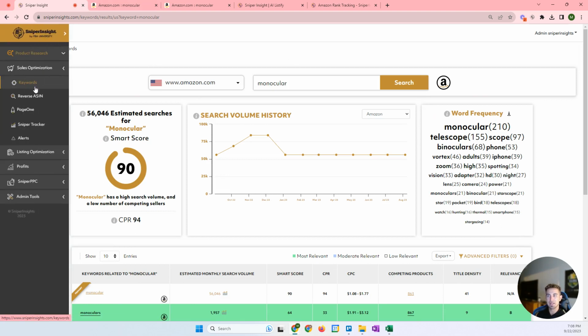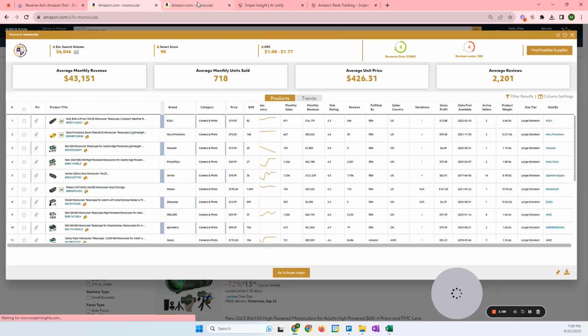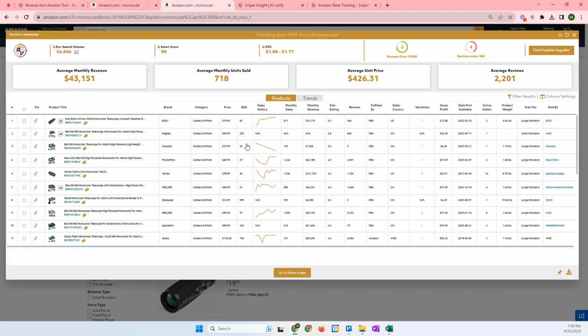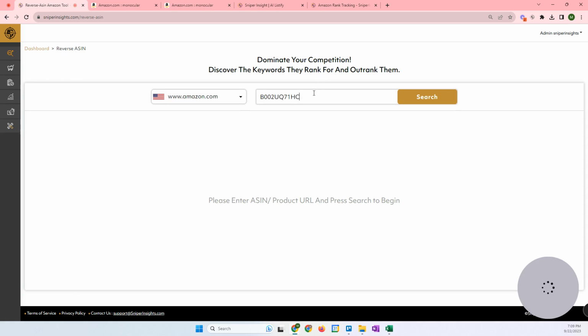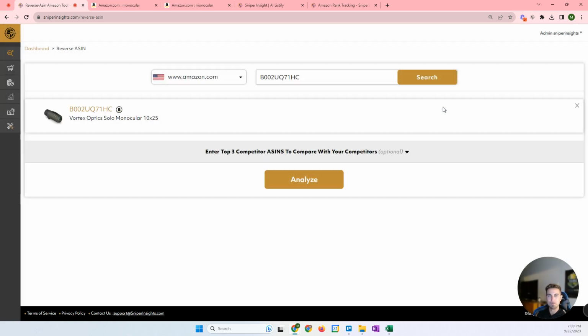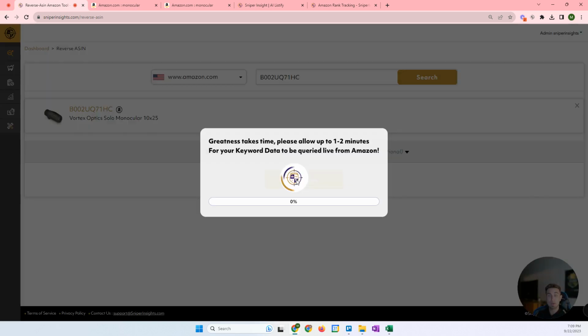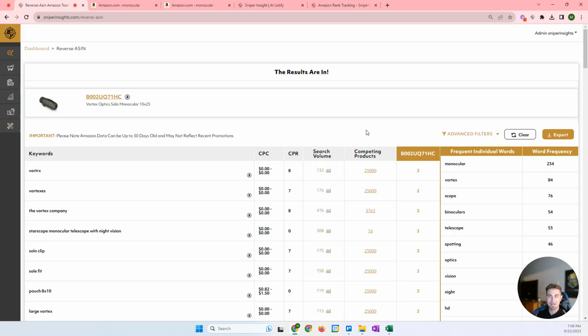Back to sales optimization, there's a reverse ASIN. So if we go back to our monocular search, and then we want to take one of our potential competitors and see the keywords they're ranking for, all we got to do is copy that, go back to the reverse ASIN, paste it in, and let Sniper Insight reverse ASIN simply do its thing. And here it gives you the option to compare with 3 different competitors. You can do that, or you can simply click analyze, wait a minute or two, really it's 5 to 10